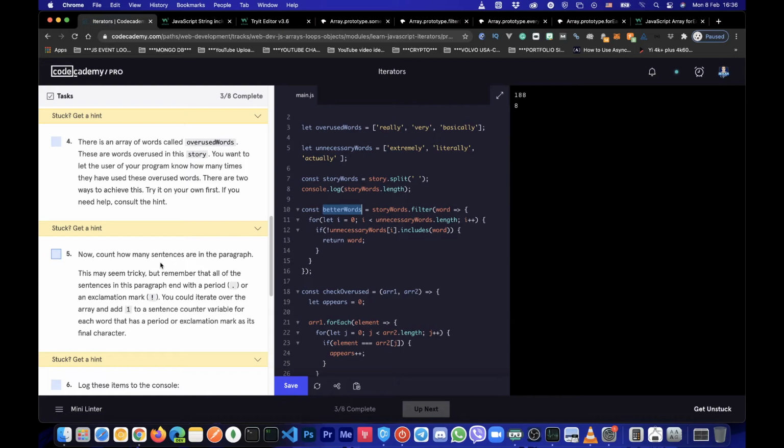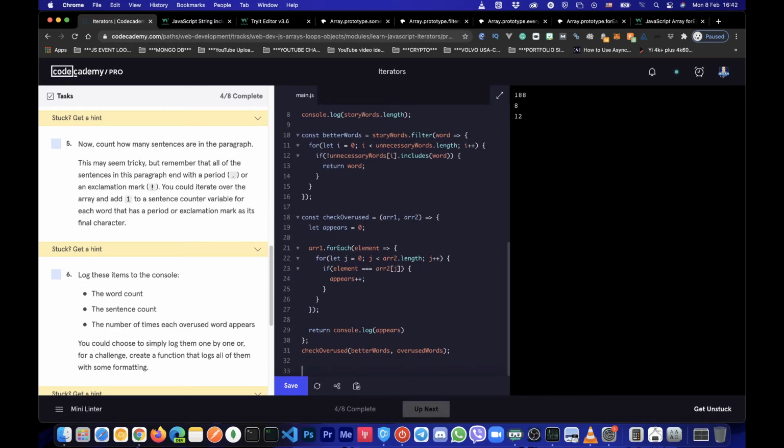Now count how many sentences are in the paragraph. This may seem tricky, but remember that all of the sentences in the paragraph end with a period or an exclamation mark. You could iterate over the array and add 1 to a sentence counter variable for each word that has a period or exclamation mark as its final character. Let's start by creating a function. Once again, I call the function check sentences,